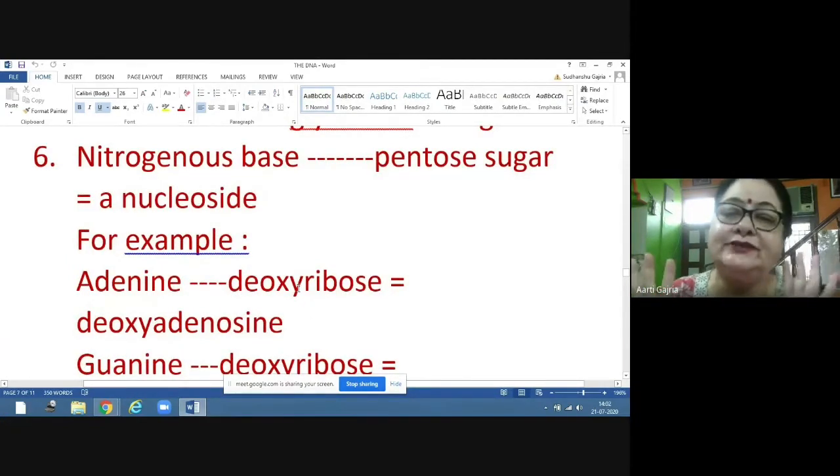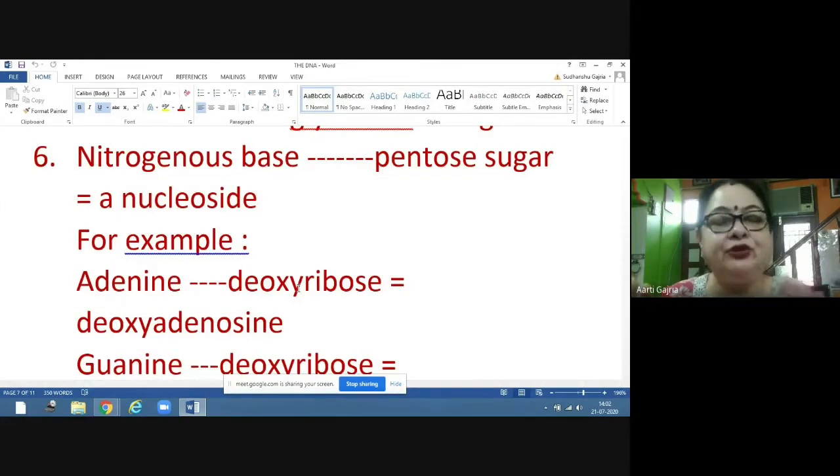Pentose sugar is a sugar consisting of 5 carbon atoms. So, ribose is a pentose sugar. It has 5 carbons on it, and we number them 1, 2, 3, 4, 5. In deoxy, one oxygen has been removed, so that is called deoxyribose. The pentose sugar present in DNA is called deoxyribose, and the pentose sugar present in